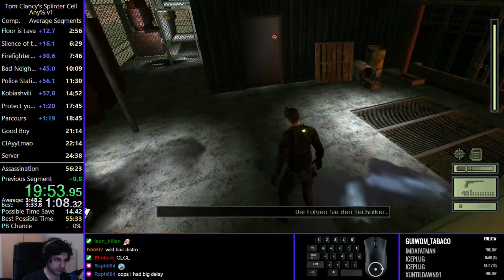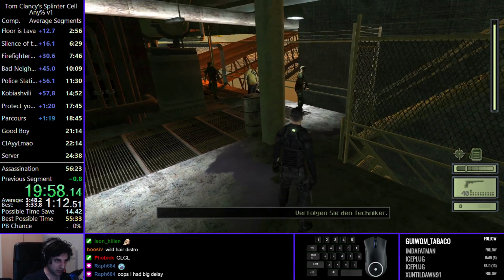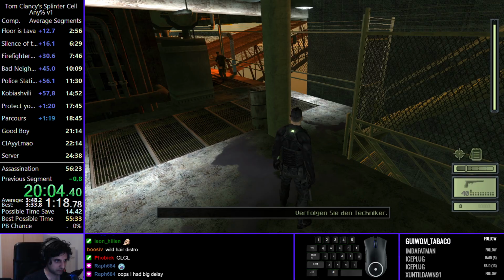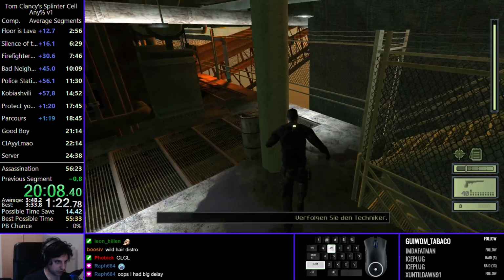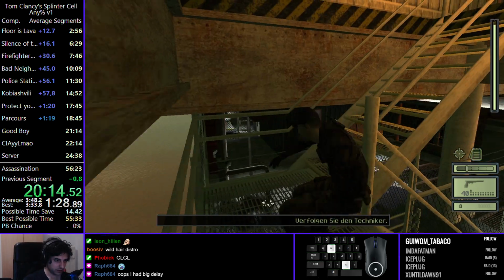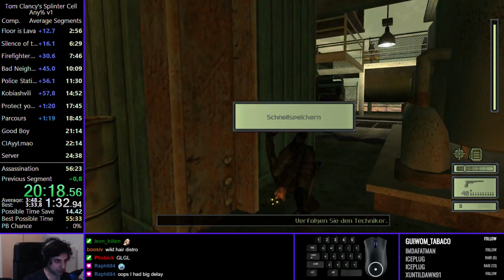I'm setting up here to go out of bounds. Well, it's not technically out of bounds, but you're not supposed to be up there just yet. But I'm setting up here. I have to wait for this guard to be far enough away. This is a very tricky jump, by the way. Now I go up here. And what I try to do now,